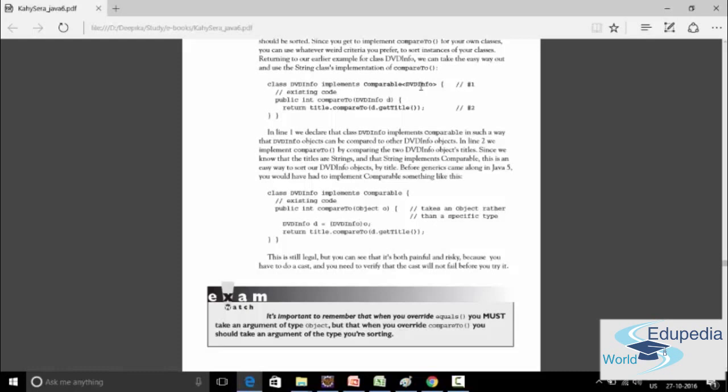That's why we passed DVD info here. Then in line 2 we implement compareTo by comparing two DVD info objects' titles. Since we know that titles are strings and strings implement comparable, this is an easy way to sort our DVD info. Okay, since strings also implement comparable, they can be compared using the compareTo method.